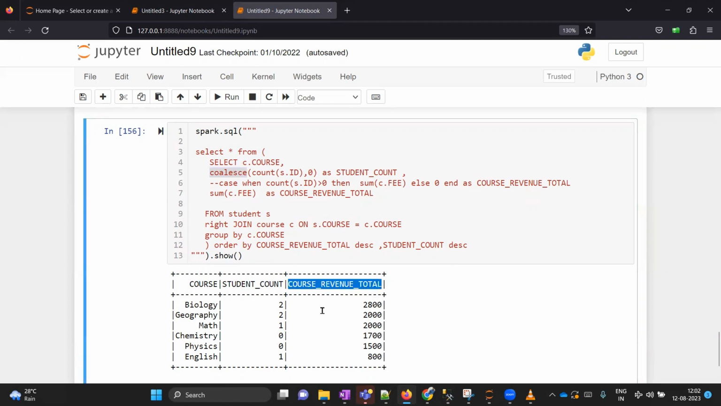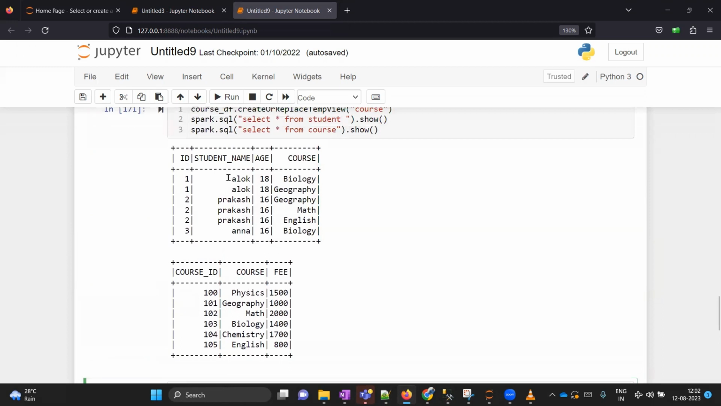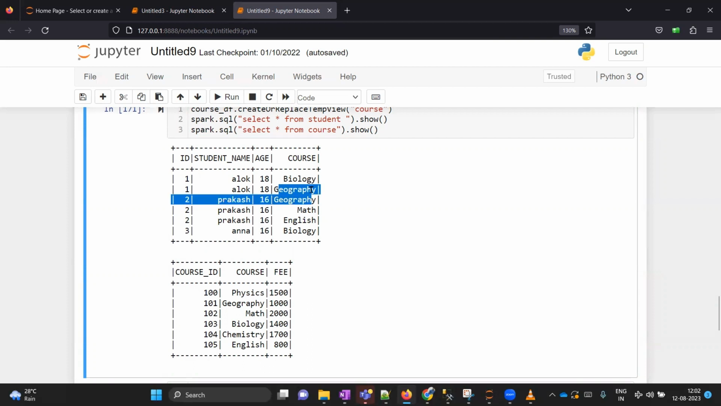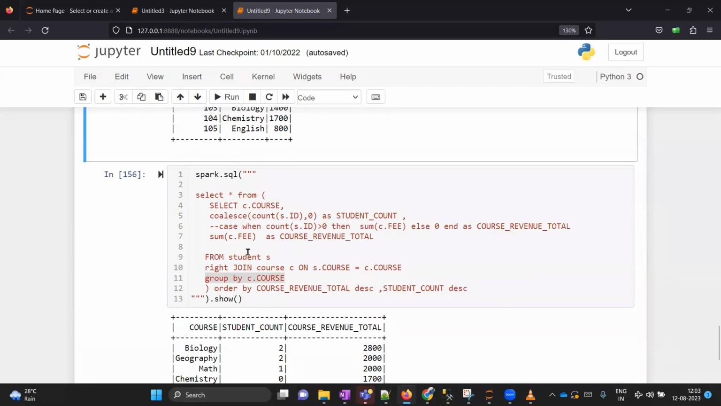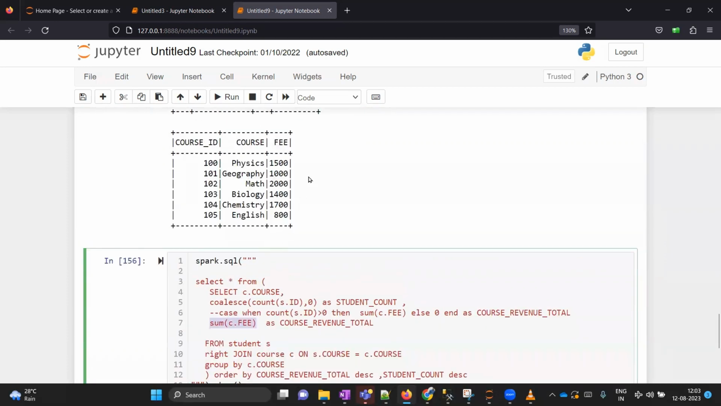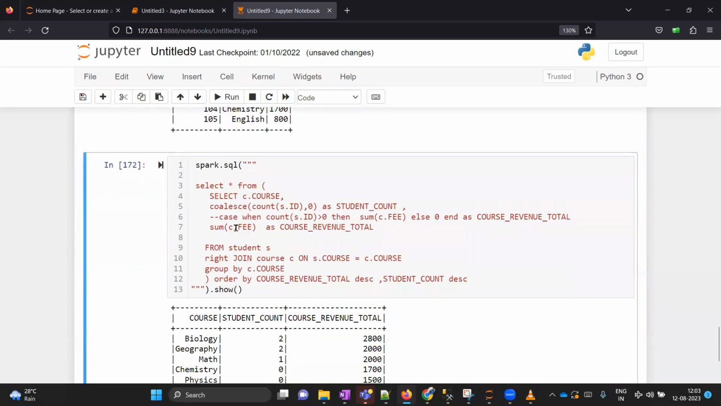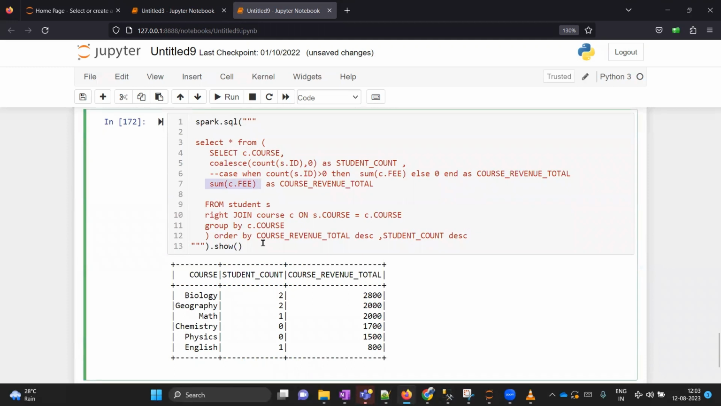Now we need to focus on calculating the revenue. In order to calculate the revenue, with respect to every course, we need to do the sum of revenue. For example, geography revenue is 1,000. It is coming twice, so these two revenues of 1,000 and 1,000 should get added. That's why we are using the sum of the fee column, because the fee column corresponds to the fees of one particular subject. So when we run this sum command, we will get this